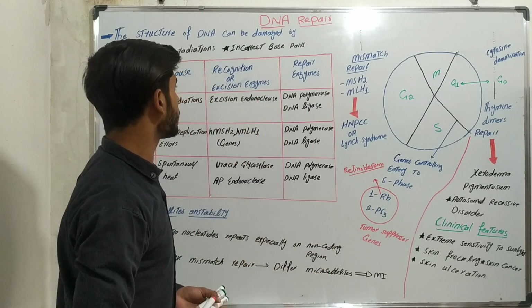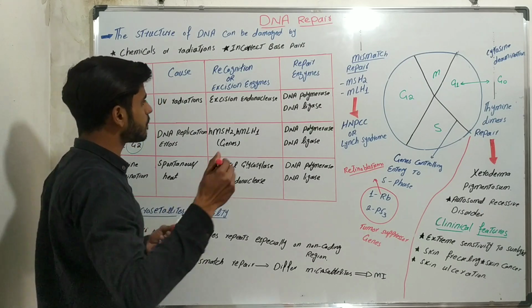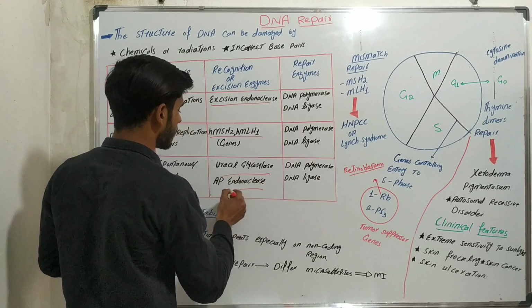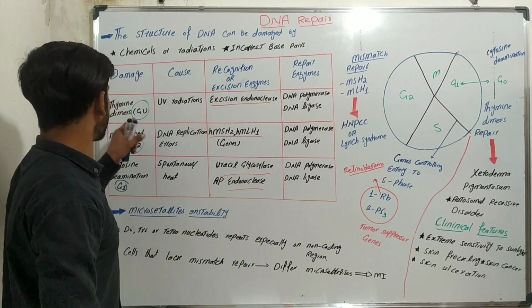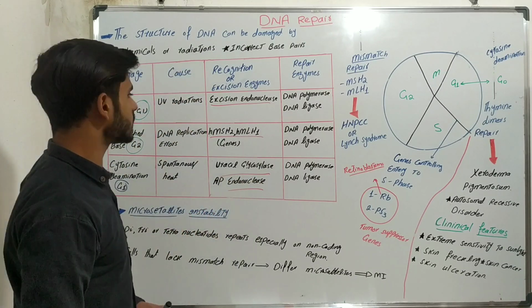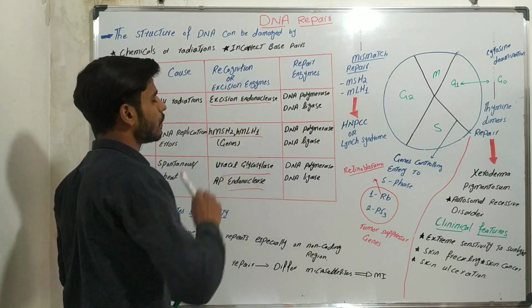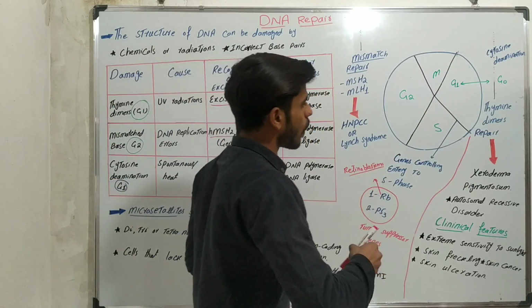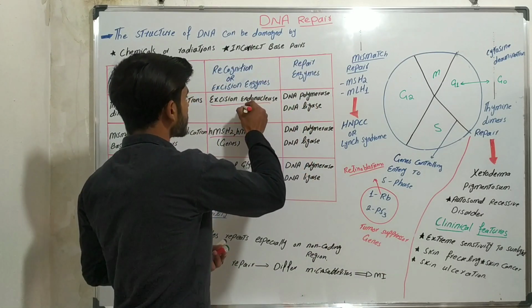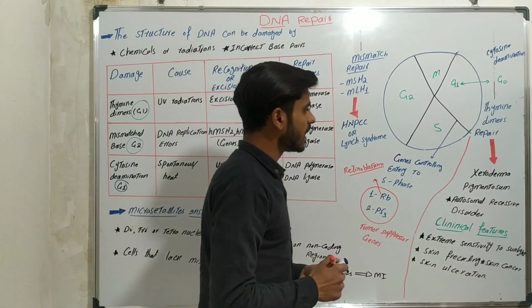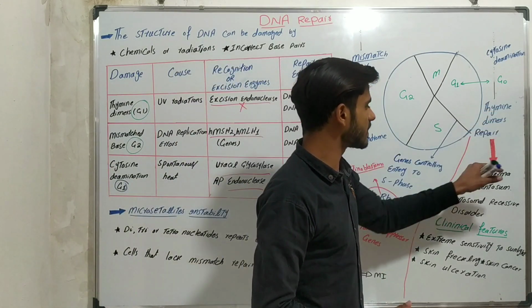But there are some problems. What is that problem? That problem is that these genes and enzymes may be missing. When we talk about the first damage, that is the thymine damage that happens in G1 phase, this is controlled by excision endonuclease. So if this enzyme is deficient or defective, then it will cause a disease named